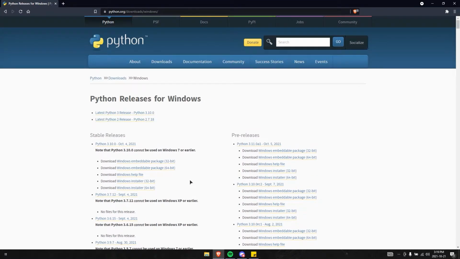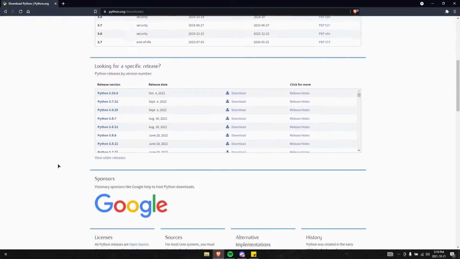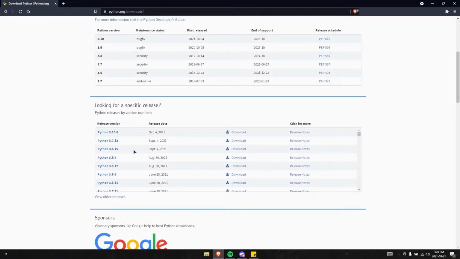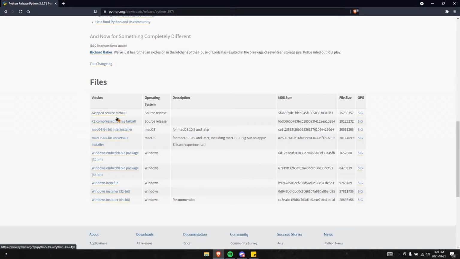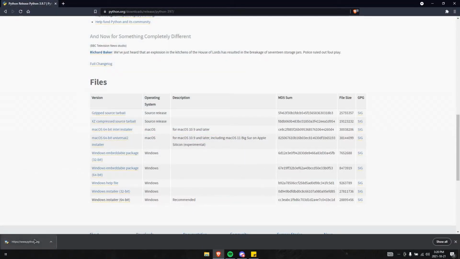And what you want to do is just hit downloads and scroll down to the different versions. The latest right now, at the time I'm recording this, is Python 3.10. But what you want to look for is the latest 3.9 version. So 3.9.7 right here, and download that. Scroll down, and I'm going to look for the Windows installer, but whatever fits your system, you install that. So I have a 64-bit Windows system, so I'll install this. Save that, let that install,